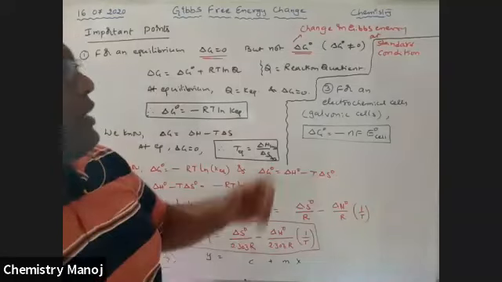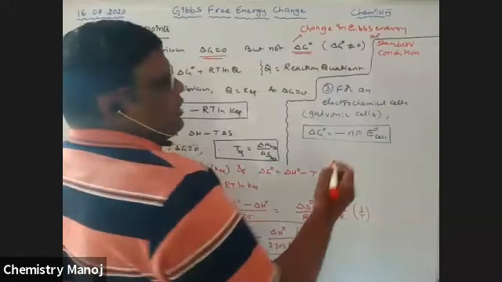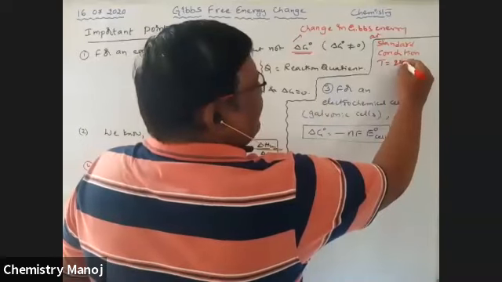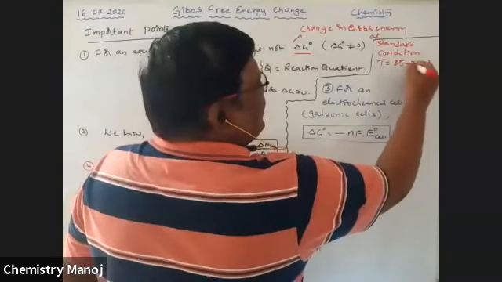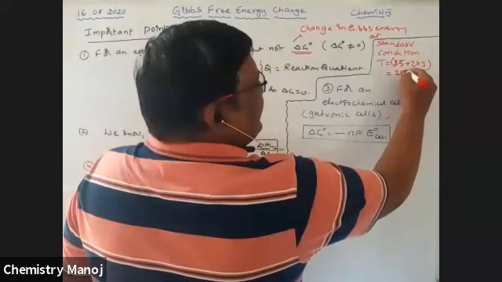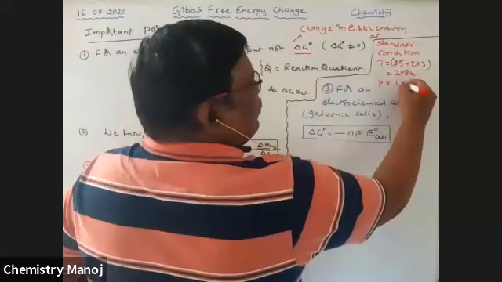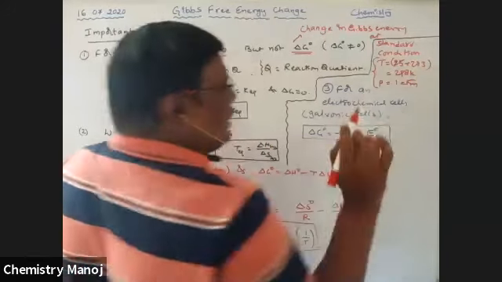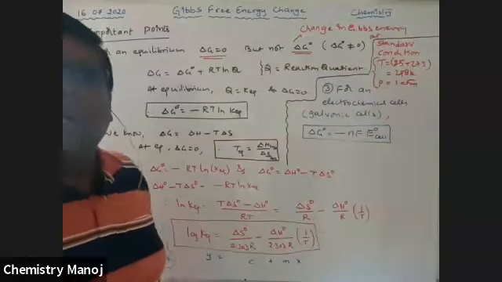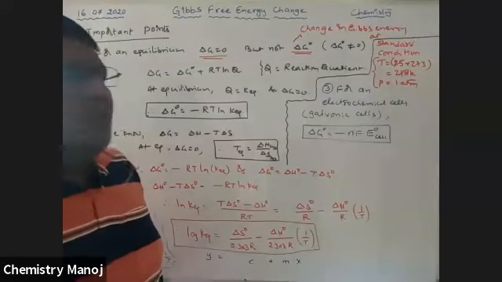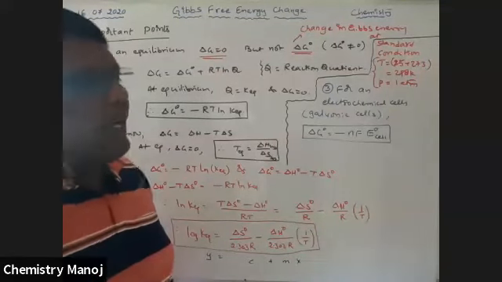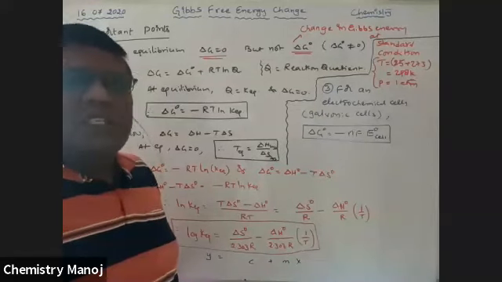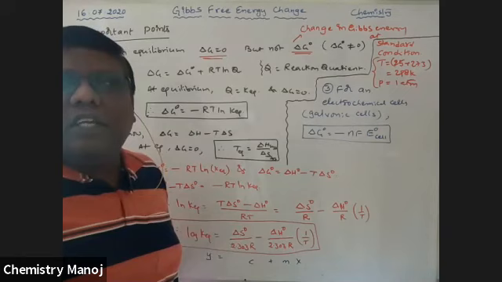Okay. So what is the standard condition? Standard conditions are nothing but temperature equal to 25 plus 273, any room temperature, that is 298 Kelvin, and pressure equal to 1 atmosphere. This temperature and pressure are considered as standard conditions. The change measured at those conditions is considered a standard change in the process.